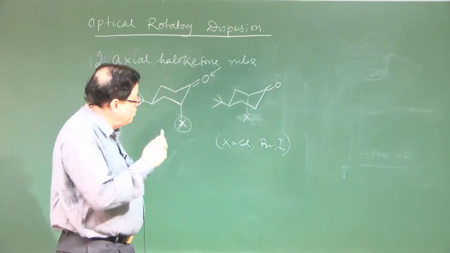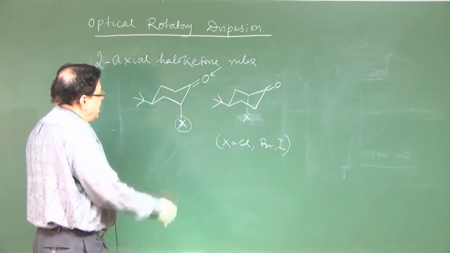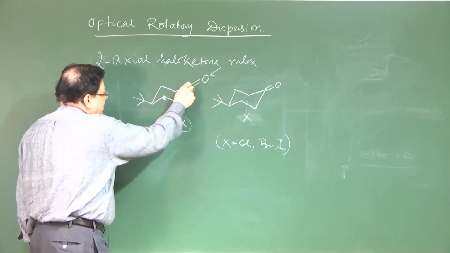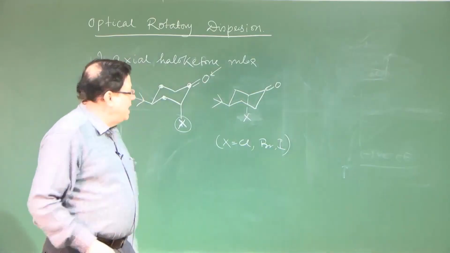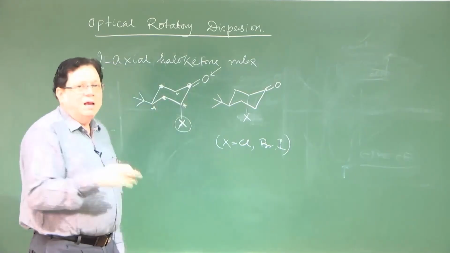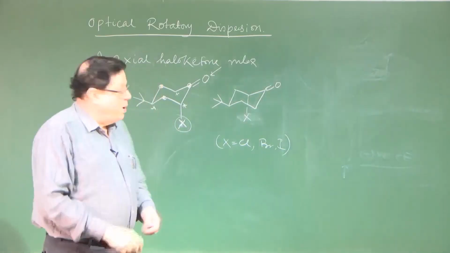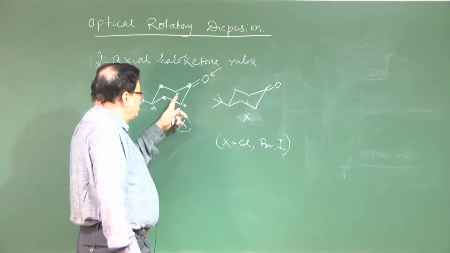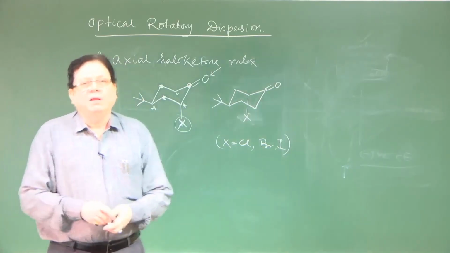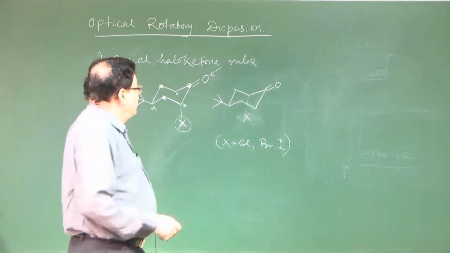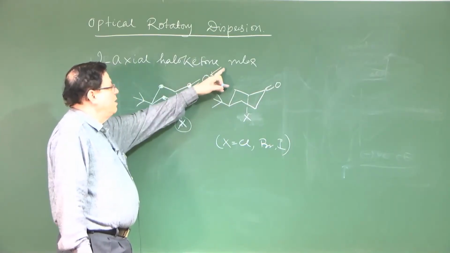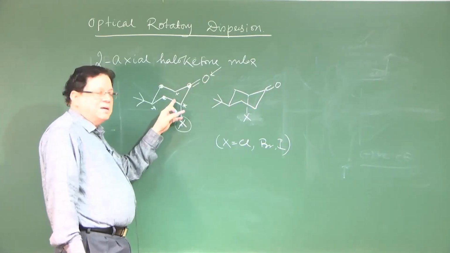That is one aspect. The other important aspect is that in a cyclohexane chair form, you have some carbons which are called the head of the chair, like this one and this one. And some are called the leg of the chair, like this. The legs are pointing downwards and the heads of the chair are pointing upwards. When you look into the cyclohexanone system from the side of the carbonyl, you have to make sure that the carbonyl carbon is occupying the head of a chair. So, to apply this rule, first make sure that the carbonyl is occupying the head of a chair, and then you look from the side of the carbonyl into the cyclohexane system,